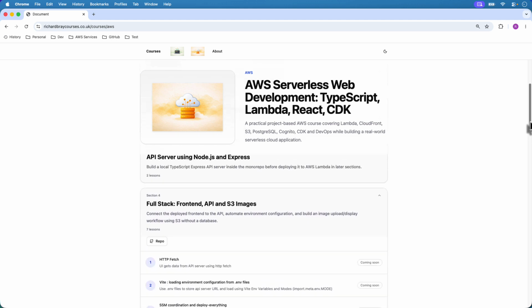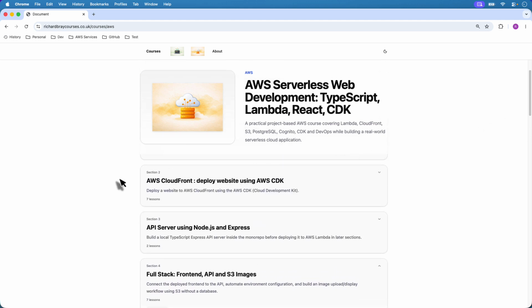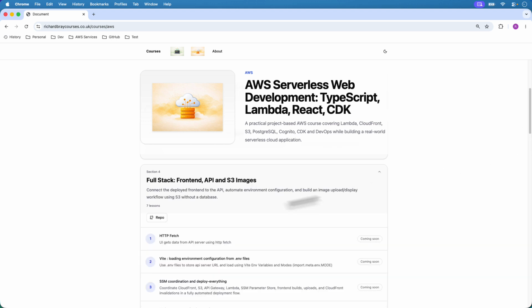So just a quick recap. In section 2, we deployed our website to AWS CloudFront. And then in section 3, we built a small API server and deployed it to AWS as a Lambda. So in this first lesson, what we're going to do is connect that UI to the API server using HTTP